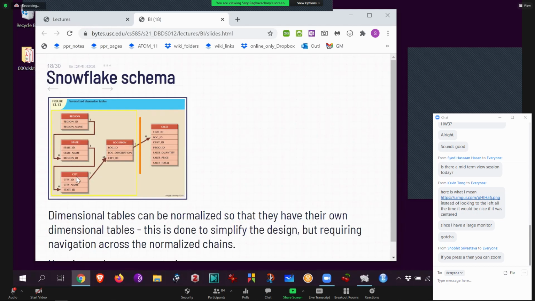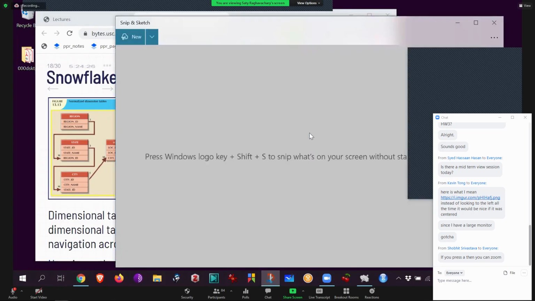Likewise, the state of California has many cities, not just San Diego, and they'll all say California, the state ID. And then Western US has not just California, but also Oregon and Washington. And so a region ID, like one for the West, would have 3 different states in it. So it just goes on like that, like a hierarchy. We simply broke up the star, the points of the star, and made them into a fractal. So rather than just one star, now a star is more like a star of a star.